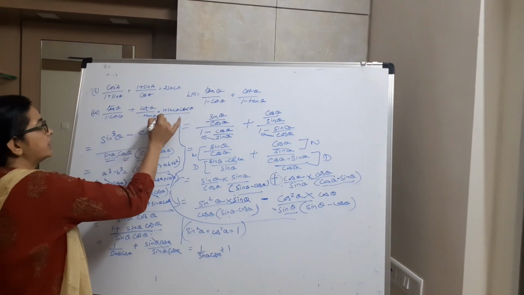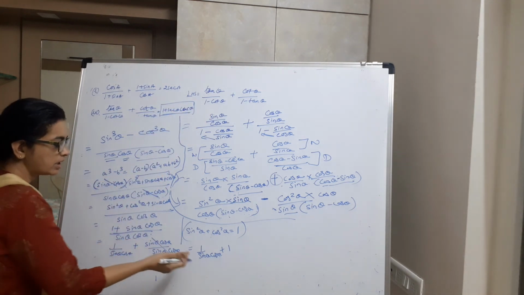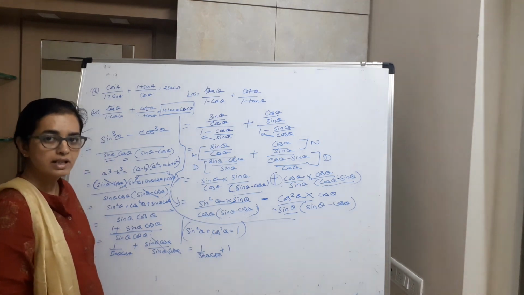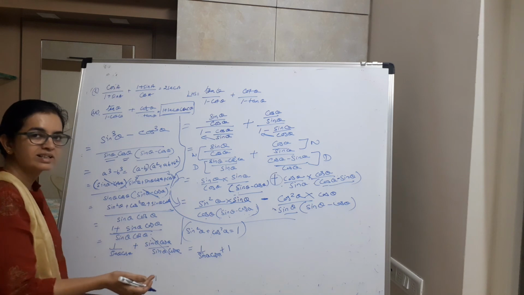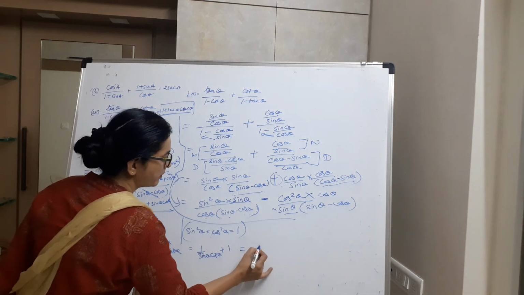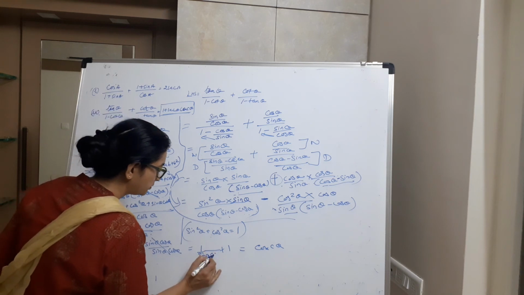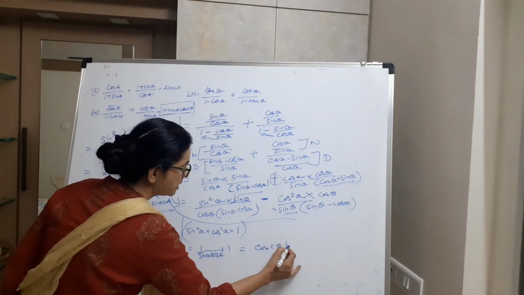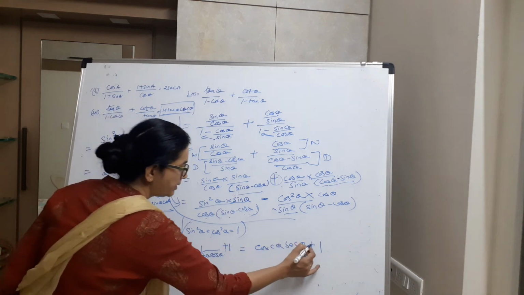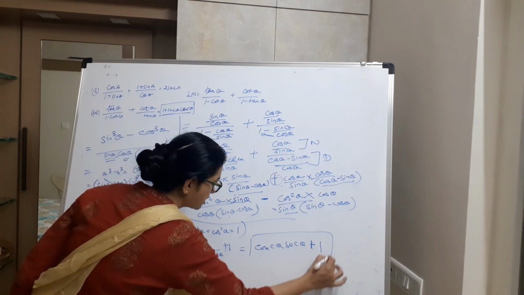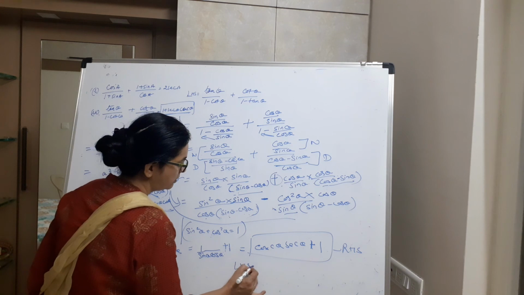Now slowly we are getting the RHS. See the RHS? It is in the form of secant theta and cosecant theta, whereas we are getting it in the form of sine theta and cos theta. As you all know, 1 upon sine theta is cosec theta, and 1 upon cos theta is sec theta, and this plus 1 we will place over here, and this is our RHS. Hence LHS is equal to RHS.